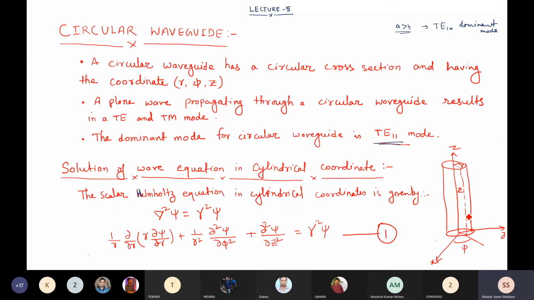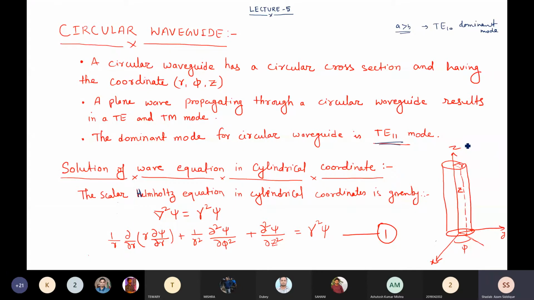This can also be represented in xyz rectangular coordinates, but here you use the circular coordinates r, phi, z. I also told you that we have TE and TM modes. Although TEM exists, the concept behind it is different, so I'll let you know about TEM also. It is not in our syllabus, but I'll go through it quickly. In a rectangular waveguide, TEM does not exist at all, but in a circular waveguide, TEM does exist.